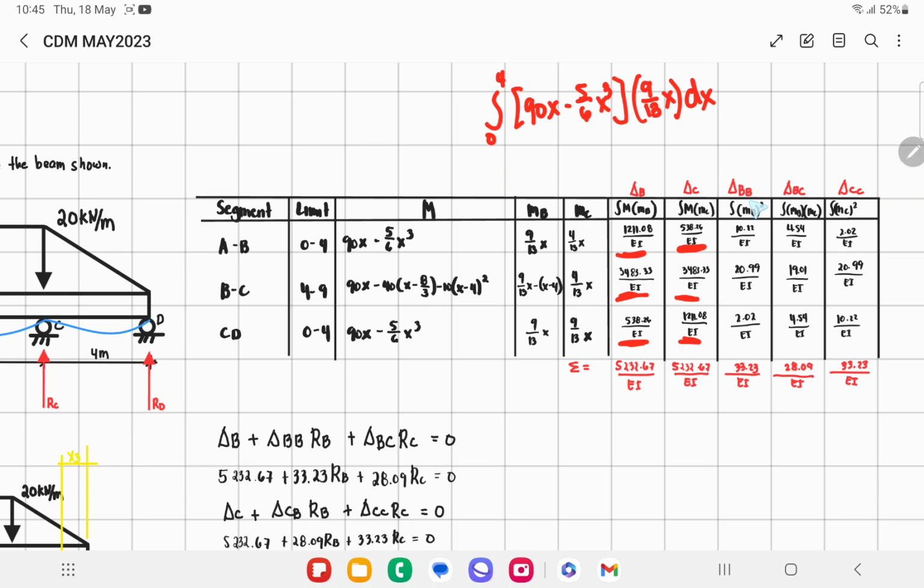flexibility coefficients, so, for the deflection at B due to the point at B, kailangan lang natin i-integrate yung ating moment at B and then squared lang. Okay? So, moment at the virtual system at B squared. Okay? So, then, ganun lang. Drawing na lang. So, from 0 to 4, MB squared. So, 9 over 13x squared dx. So, we can compute for this problem. For these answers. Okay? And ganun rin sa,